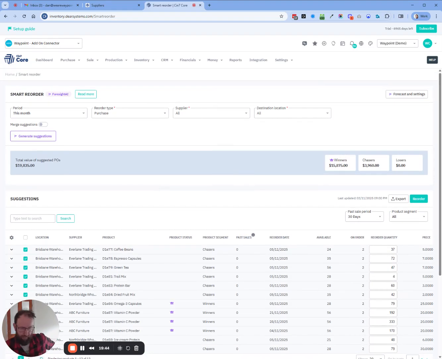And again, because there's like 100 algorithms competing behind the scenes, we often get questions from clients of like, why is this being suggested? How is this being suggested? Why is this not suggesting to order as many? The main thing to note is the system looks up to 6 months. Even though I've said, what do I need to order this month? It will look 6 to 12 months in the future to analyze the trends so that you don't end up